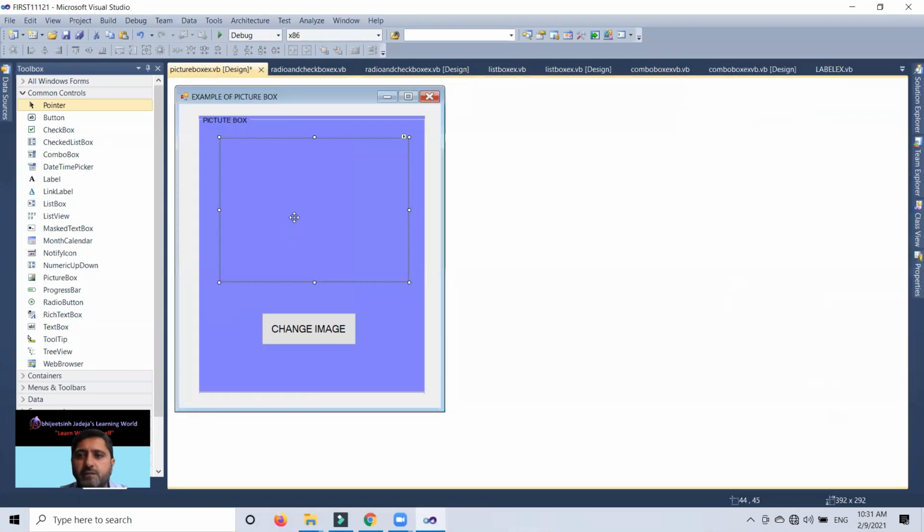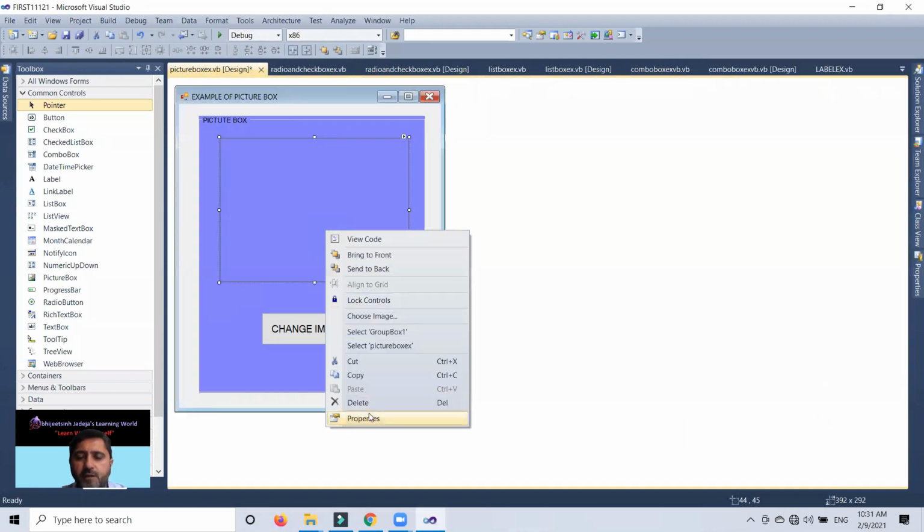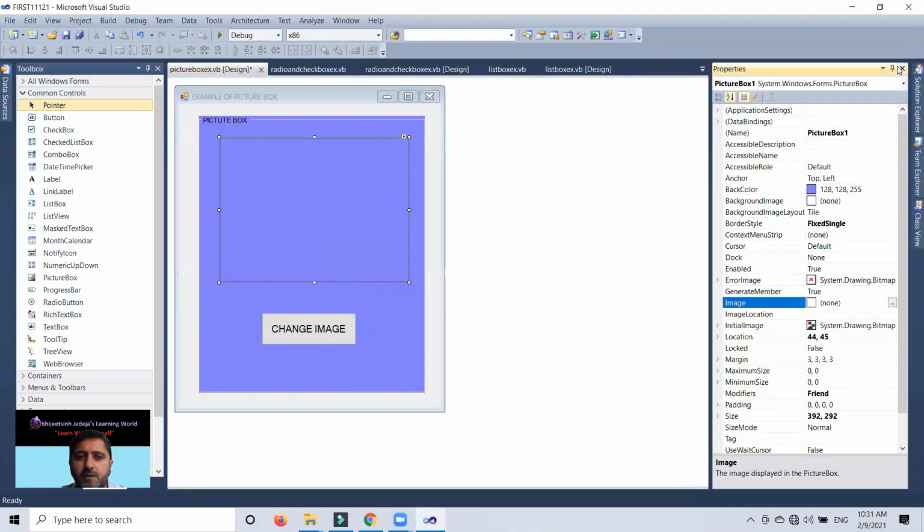As you know, this is a form, this is a group box, and this is a group box 1, and this is a picture box. In the picture box, we take a property called border style. If we take border style 3D, you can see a white arrow, which is the 3D effect available in my picture box. Fixed single is more than enough. I can stretch the picture box horizontally and vertically as per my requirement. So this is a picture box.